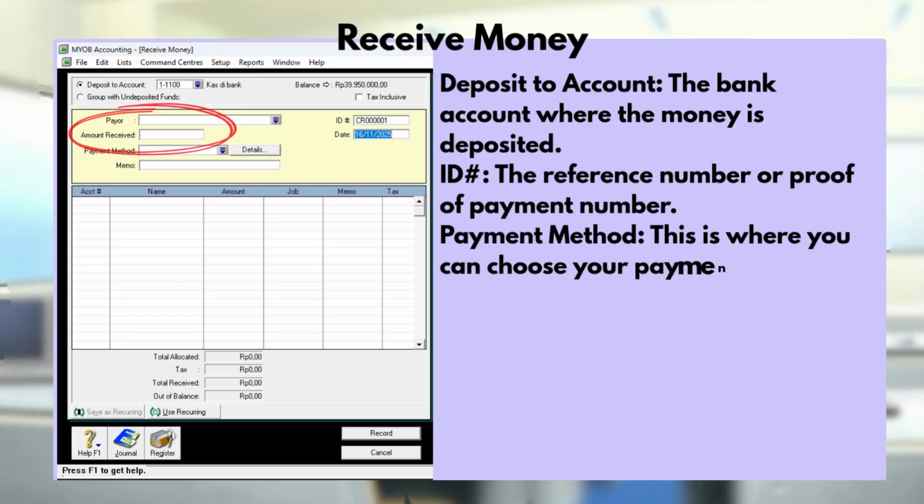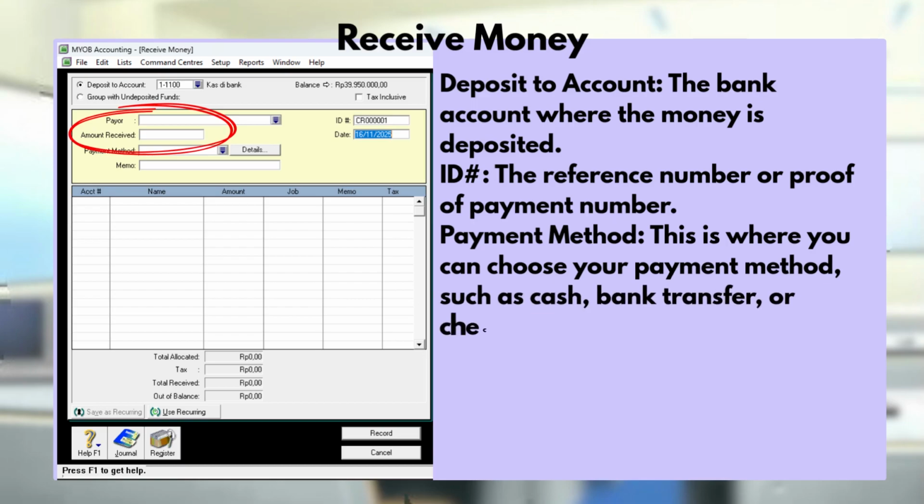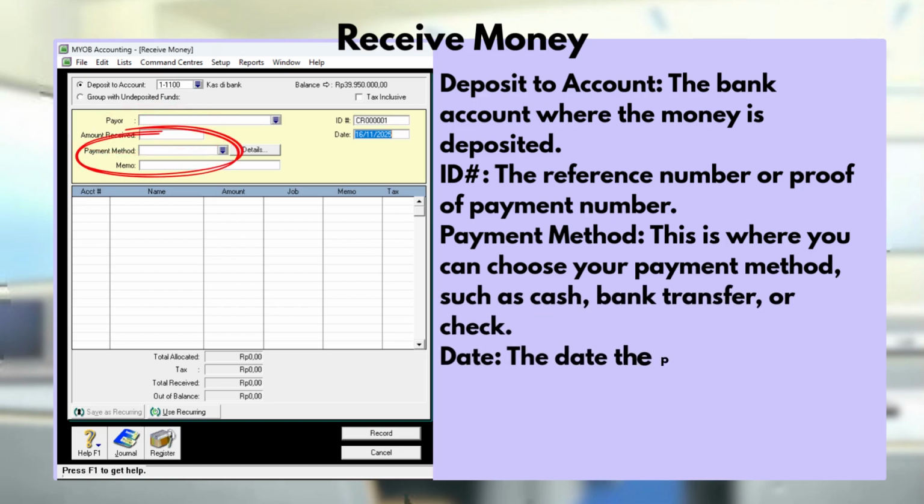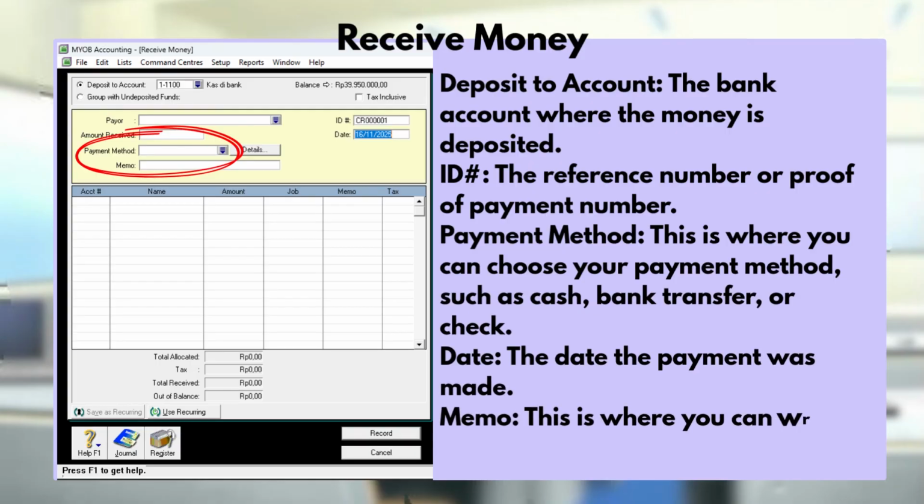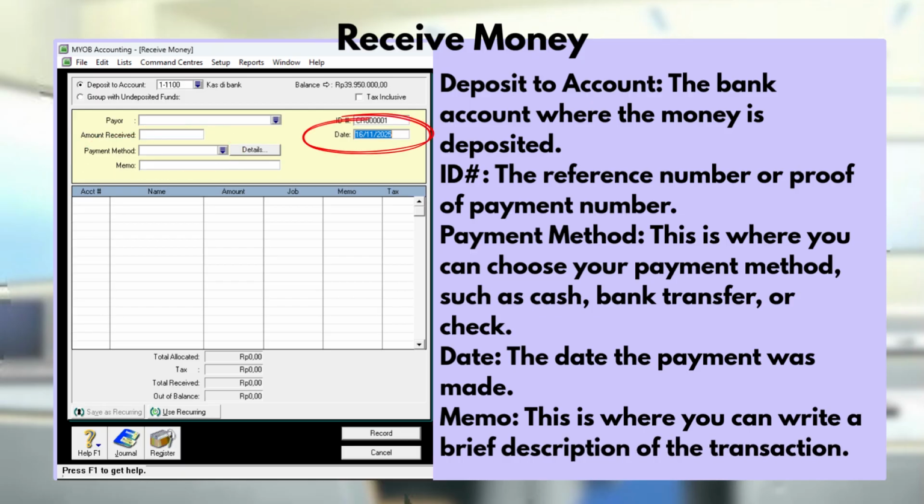Next, there is the amount received column. Fill in the amount of money received. Below there is payment method, where we can choose the method of payment: cash, transfer, or check. The date column must be filled in to ensure the transaction is recorded in the correct accounting period.